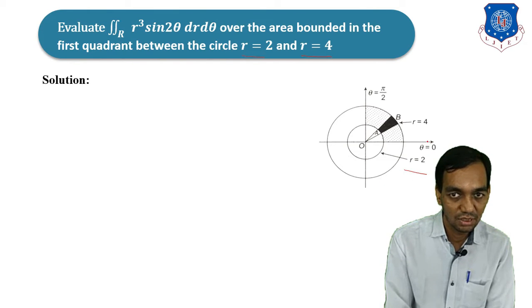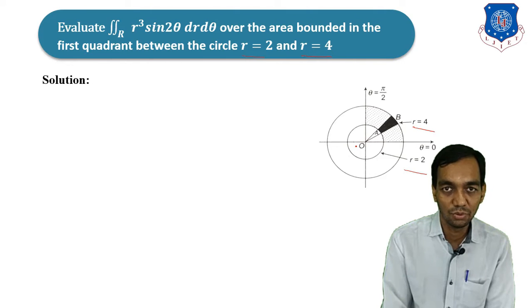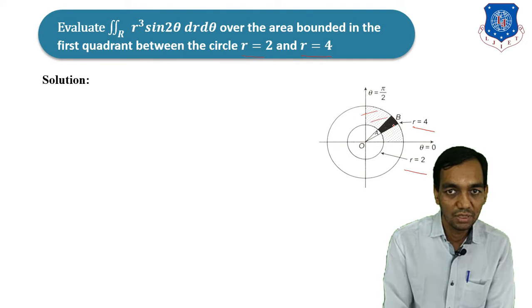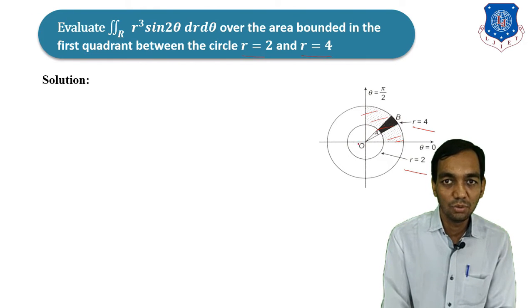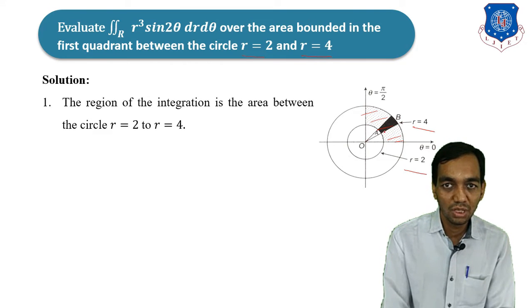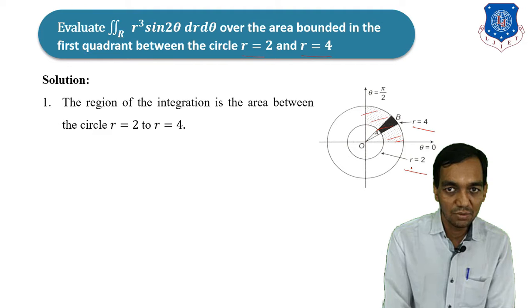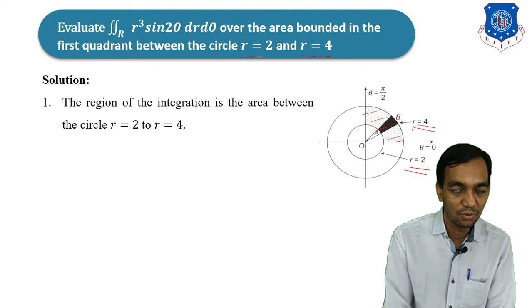First one is r = 2, and the other is r = 4. So these are the two circles which we have drawn. Secondly, the area in the first quadrant is given. So this is the area of integration in the first quadrant. Now, if you draw the strip from the origin, that means the pole 0, 0, to the outer curve, then you have the strip OAB. Now your region starts at point A and ends at point B. So for the limits of r, r starts from 2 and ends at 4.